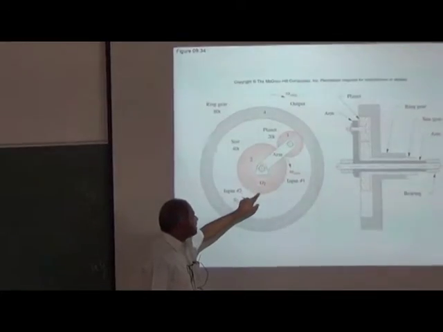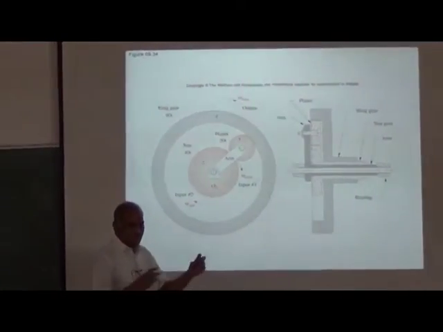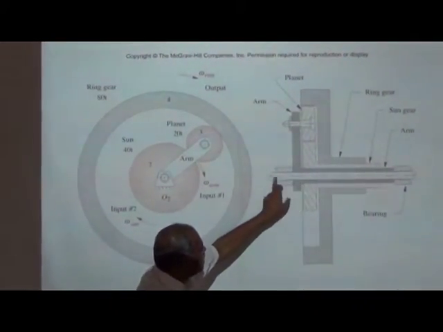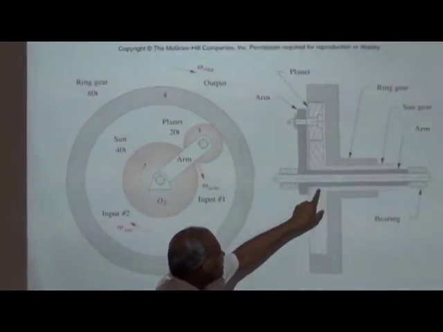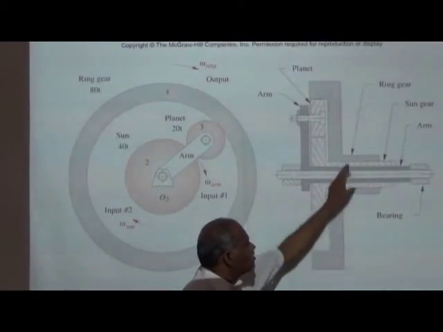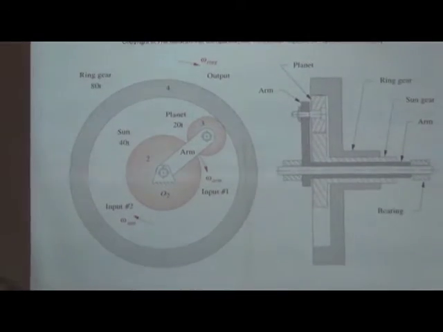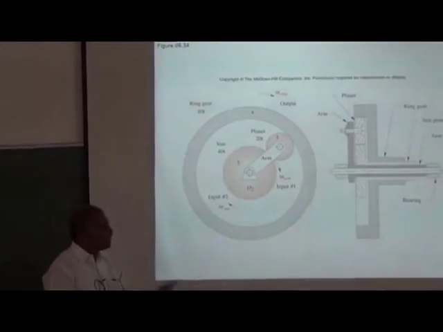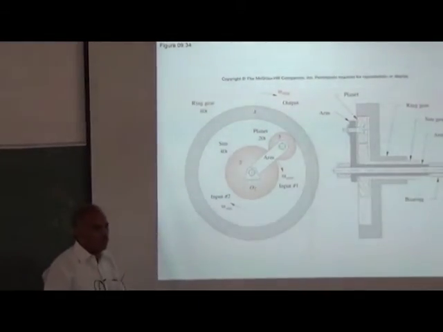The arm, sun gear and all these things are mounted on a single shaft. You can see that you have a shaft, and here this is the arm, this is your sun gear and this is the planet gear, and there is a ring gear. So all the inputs and outputs can be taken from concentric shafts. One is going into the other. That arrangement helps you to give input and take output concentrically.